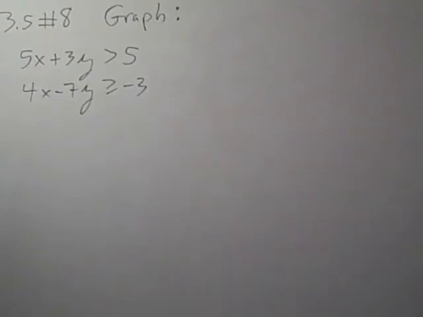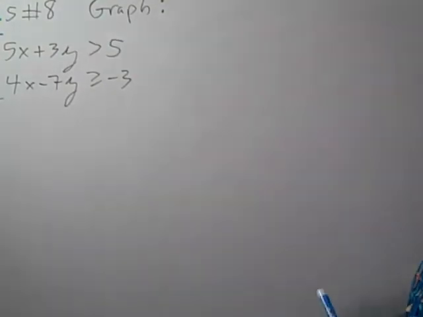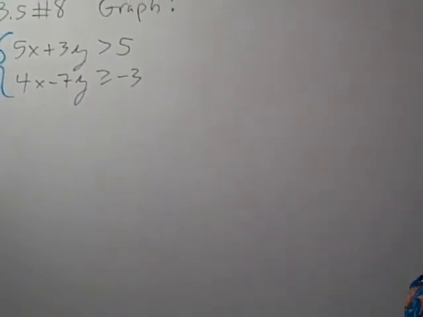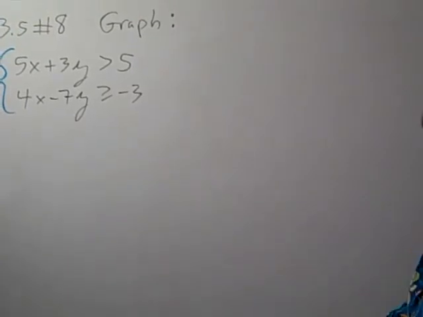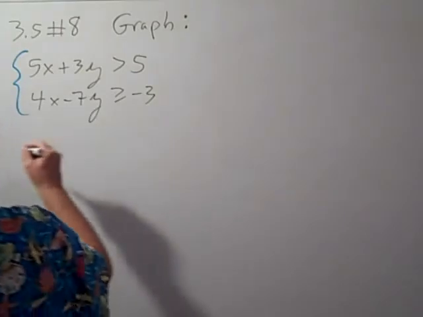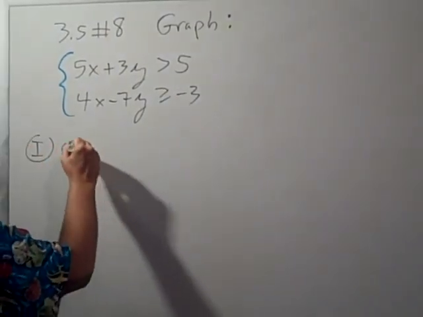For this problem, we're asked to graph this system of linear inequalities. That involves graphing each inequality separately, but on the same plot, and then looking at the overlap of the two regions. So to begin with, we'll start with the first inequality, which graphing consists of two steps. First of all, graphing the line,